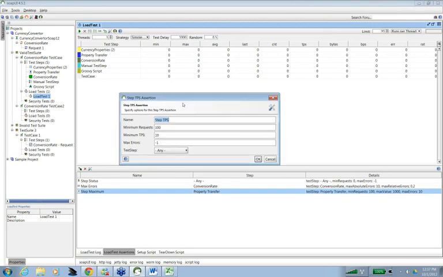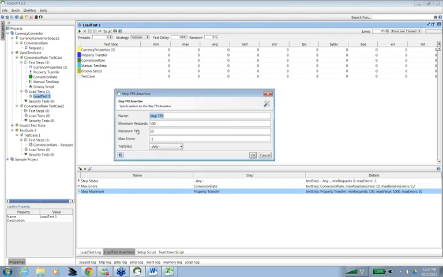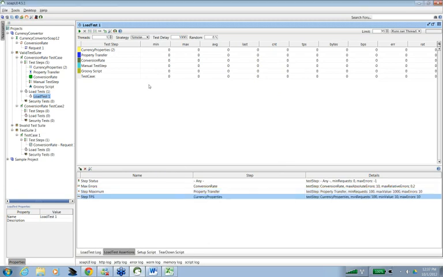This is TPS, threads per second. Then again maximum errors, let's say I don't want it to be more than 10, and let's apply it on a manual test step, though I'm not using a manual test step here.